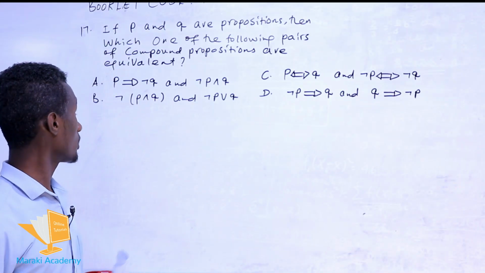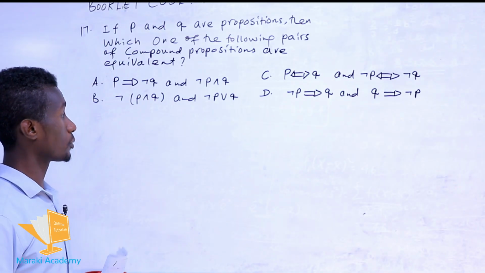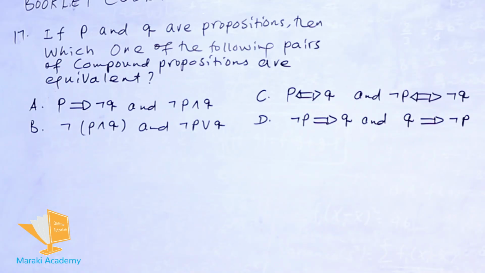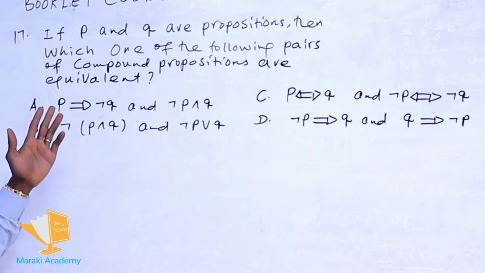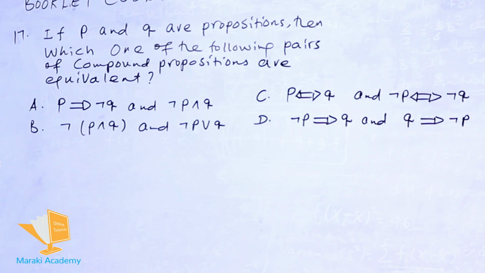ኦኬ፣ 17ኛው ጥያቄ ደግሞ ስለ ሎጂካል ፕሮፖዚሽን ነው። If you have logical propositions, p and q are two propositions, so our target is to determine which of the pairs of propositions is equivalent. የትኞቹ ጥንዶች ናቸው አሁን ኢኩቫለንት የሚሆኑት ነው። So ይሄን ለመስራት